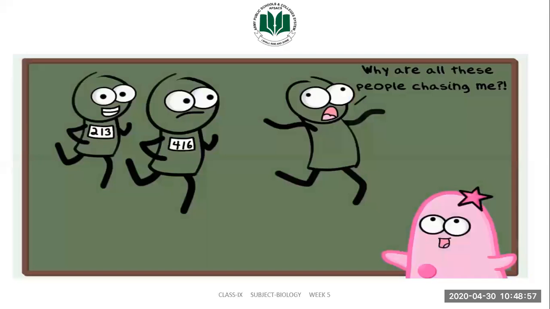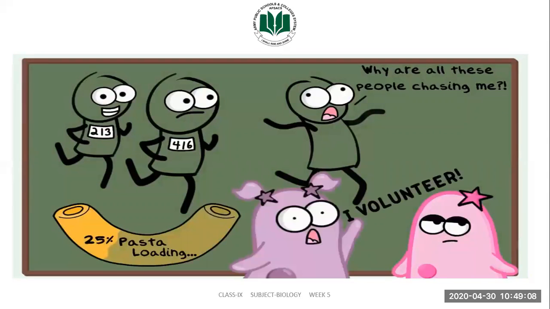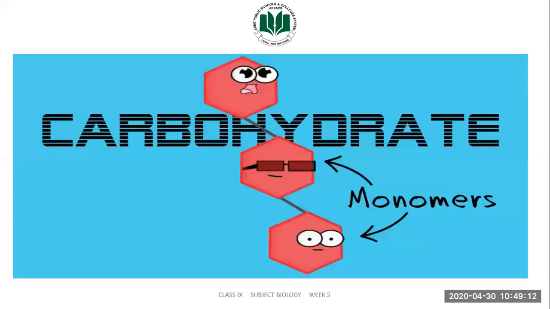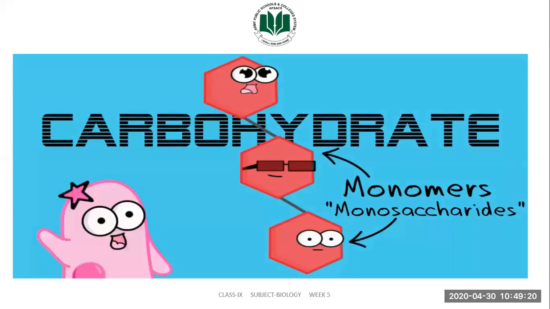If you are a marathon runner, you might want to eat a lot of carbs the night before a race. Lots of marathon runners do this. It's called pasta loading. They eat a big pasta dinner the night before they go out on their marathon. Now, carbs have a monomer. Again, remember, monomers are building blocks. The monomer for a carb is a monosaccharide. I know that's a big mouthful, but monosaccharides make up carbohydrates.